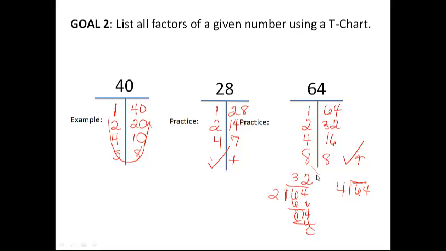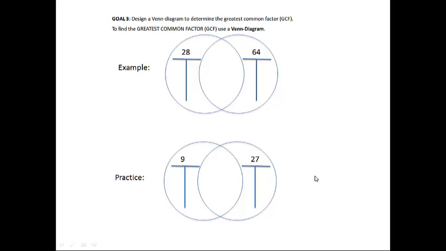Now we're going to practice some GCF, which is goal 3. Woo, what is all this stuff? Here's your Venn diagram. Okay, this is a way to compare and visually see the differences and similarities. Okay, a Venn diagram works where all things that are similar go in this spot right here. The differences go here. Okay, so I want you to do goal 1 and list all your factors, and then you find the ones that are the same and you'll list them right in the middle,